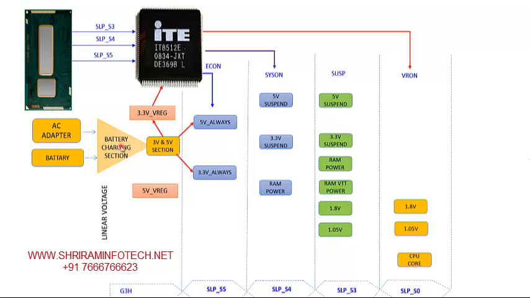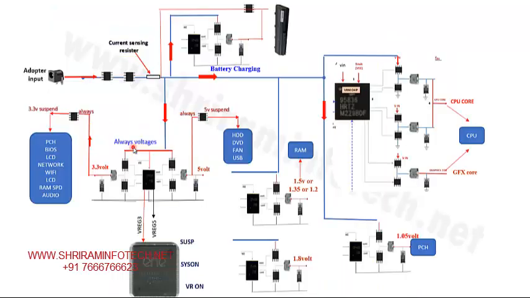One of the voltages passes into these different buck converters. You can see in this circuit, when we connect the adapter, the voltage will be passed like this. It is going to every buck converter. These are the different buck converters. Like this is a 5 volt section, 3 volt section, then this RAM supply either 1.5, 1.35 or 1.2, depending on the RAM, and 1.8, then 1.05 and the CPU core. So these are the different buck converters which generate the different voltages, and this voltage is going to the different